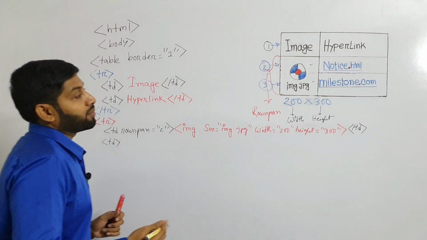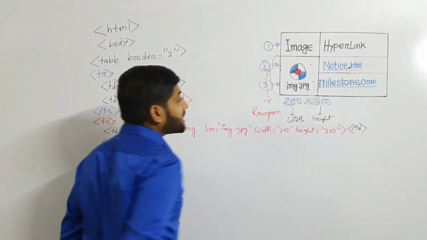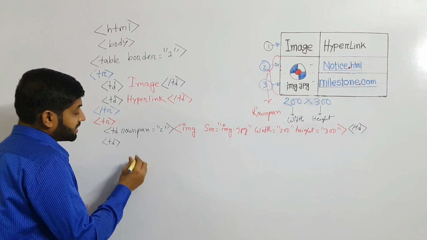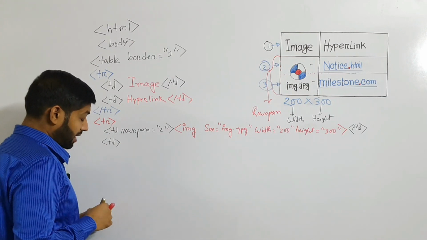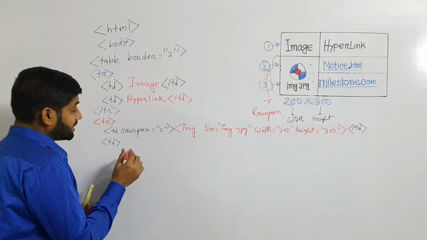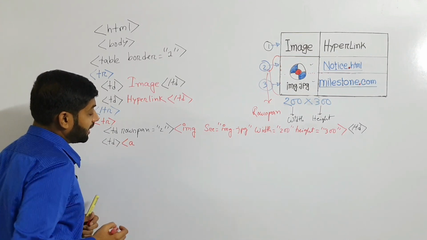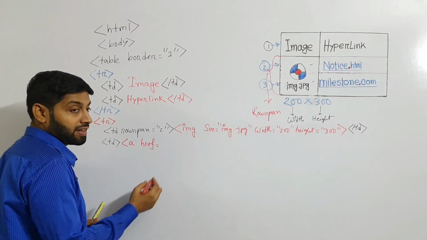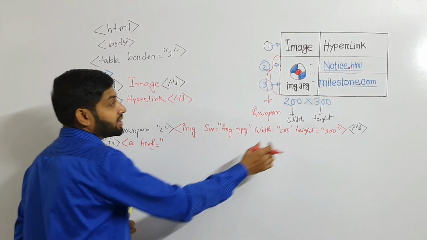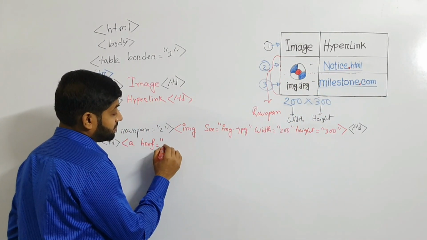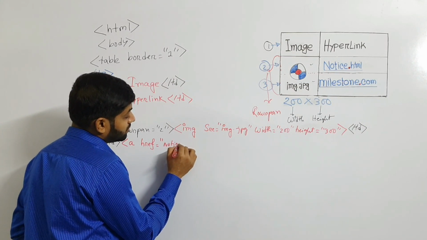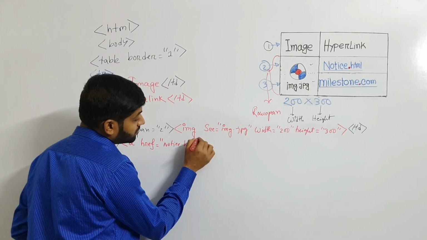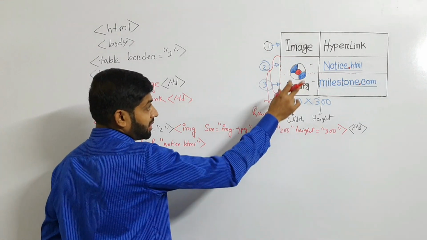In this column we don't have any rowspan, we just have an internal hyperlink in this table. So you see notice.html, it means it's an internal hyperlink, you already know about that. So I have to write down the hyperlink tag for that, that means the a anchor tag. Then I have to initiate the attribute for the hyperlink, href, hyper reference, and I have to write down this file name, notice.html. Then I have to write down the link name.